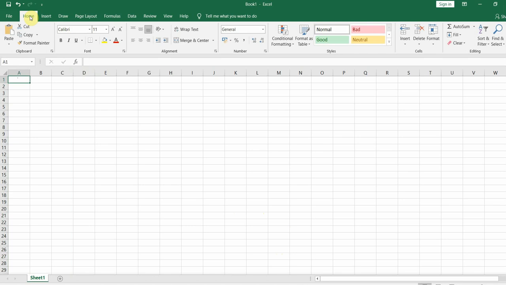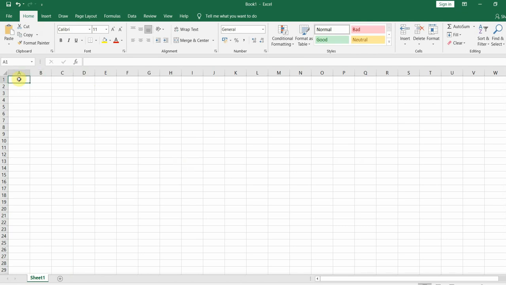So here we are in our Excel sheet. In order to draw a graph in Excel, this is quite easy, not at all difficult, I'm telling you. First, you need to write down your readings in the first column. Which reading do you write in the first column? The one you want on the x-axis or the one you want on the y-axis? This is very important, so be careful. The one you want on the x-axis should be in the first column, and the one you want on the y-axis should be in the second column.